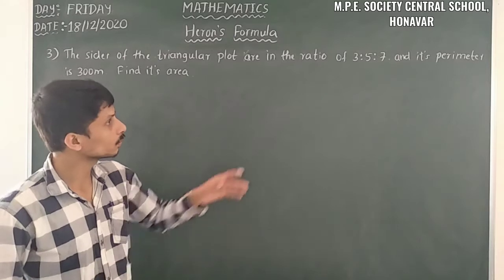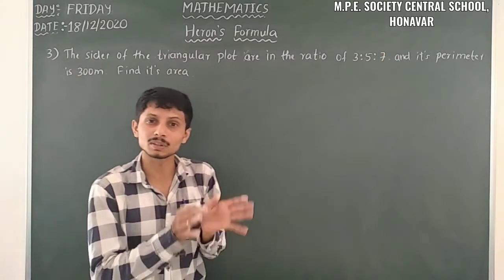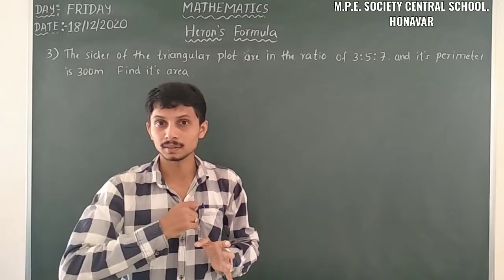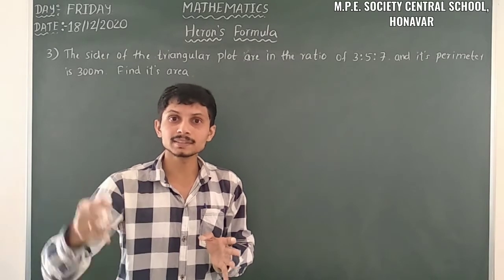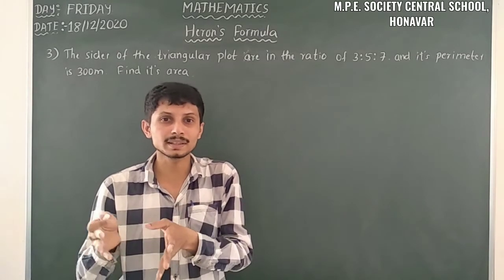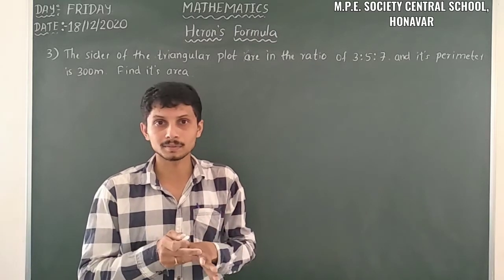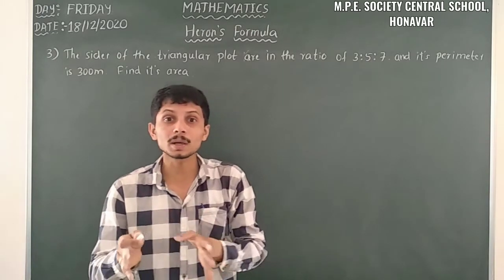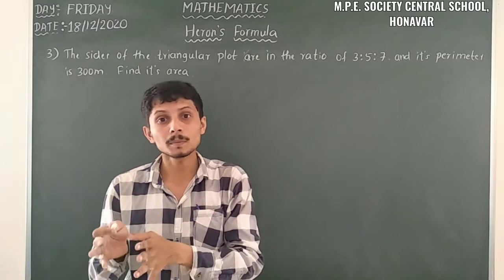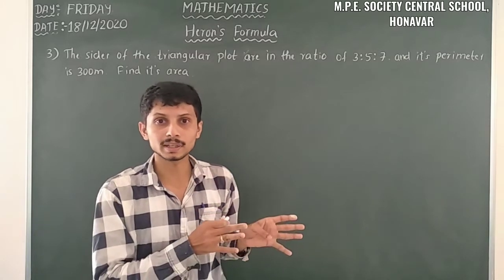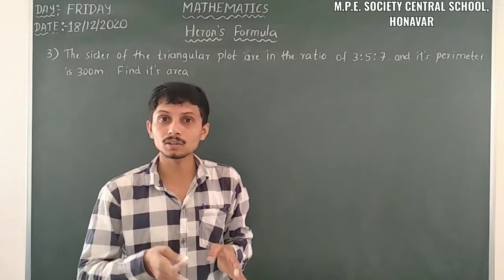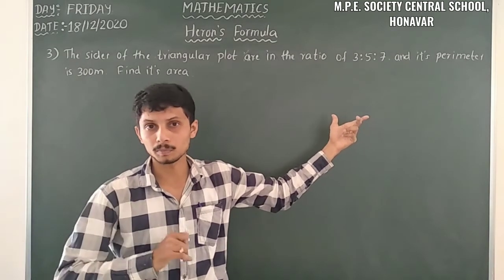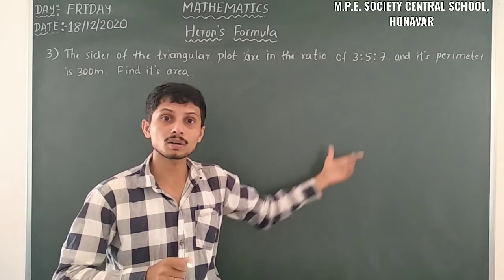So here what we have to do is, we have 3, 5, 7. So just take that one, 3, 5, 7. Then we have to consider the sides of that triangular plot as 3x, 5x and 7x. Because of what we are taking that x means there we have one multiplied term. So the ratio means there is a multiplied term with 3, 5 and 7. Those are in proportion. So that's why we have to take that one. When you divide all those things, we have 3:5:7, but initially we have different numbers. So let us know about this when we get all the sides.